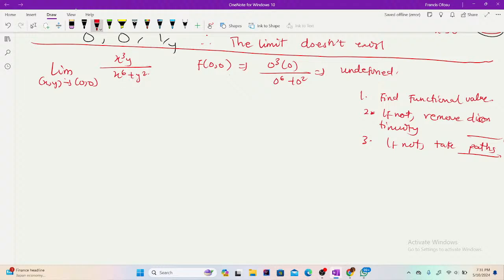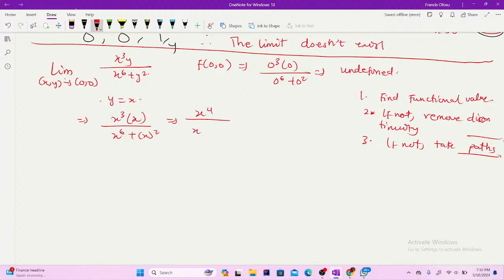How do you take paths? Right now, taking paths, I'll take my first path, the line y equals x. If y is equal to x, my function becomes what? Wherever I see y, I'll put x. I'll get x cubed multiplying x, all over x to the power 6 plus x all squared. This is the same as x to the power 4 over x to the power